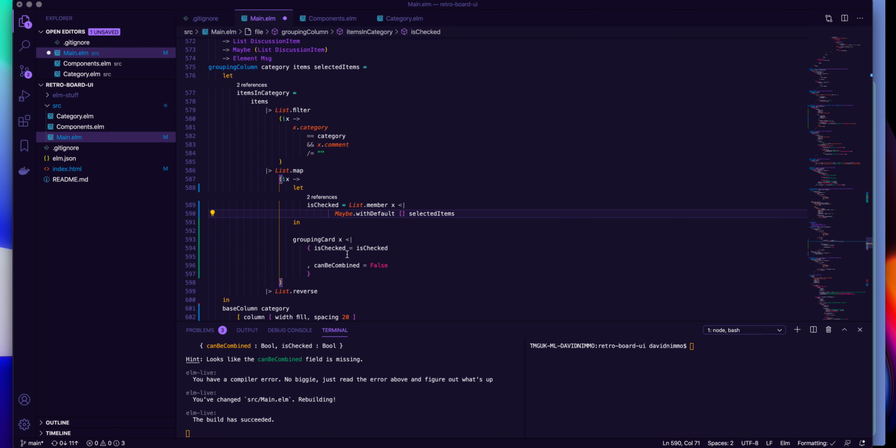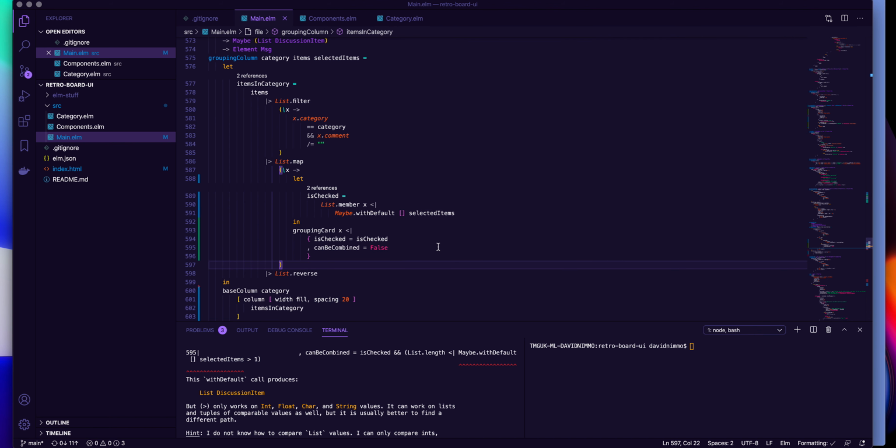So we can do that, and our item can be combined if the item is checked and there are at least 2 selected items. So let's just do that. If isChecked and